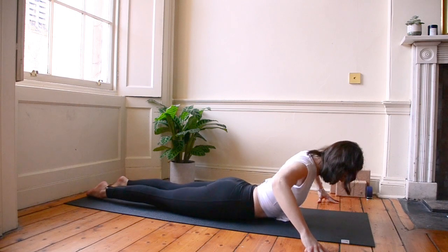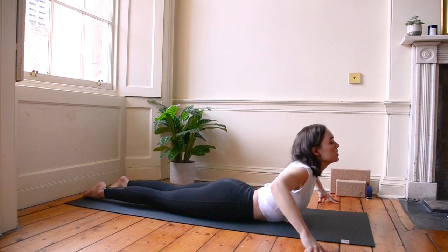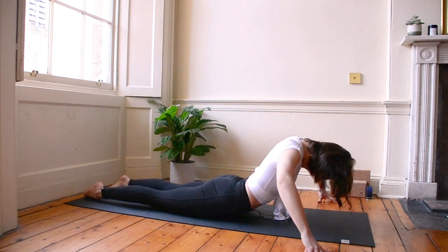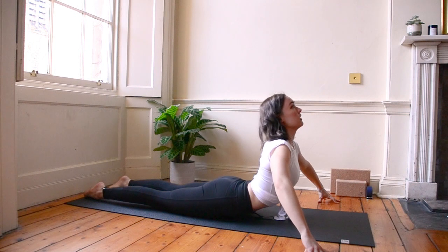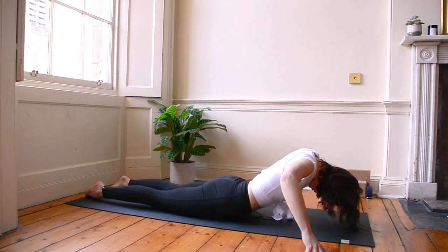Let's roll up into a cobra. And let's exhale and roll all the way back down. Let's do that again. Roll up, inhale. How fluid can you be here? Exhale. Roll up, one more time,